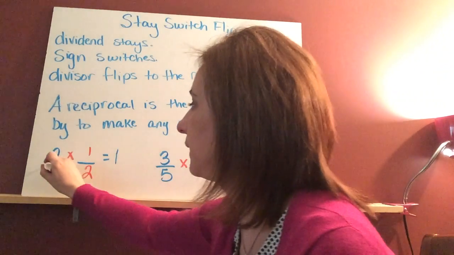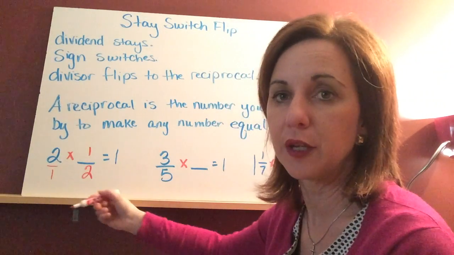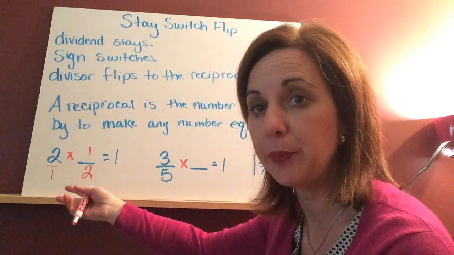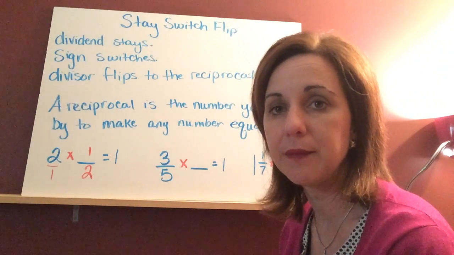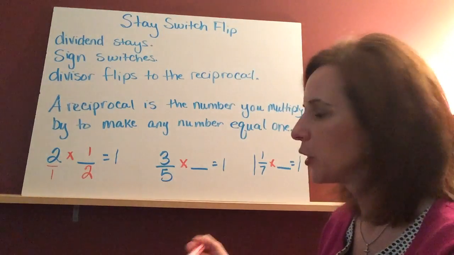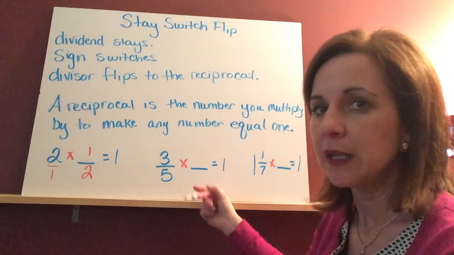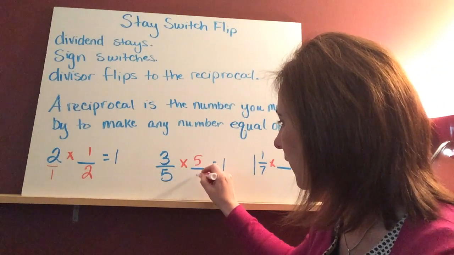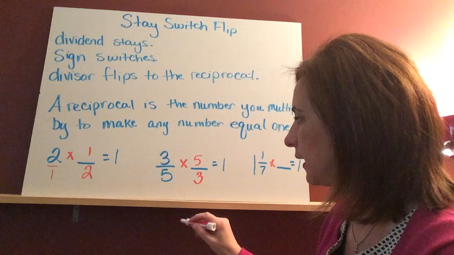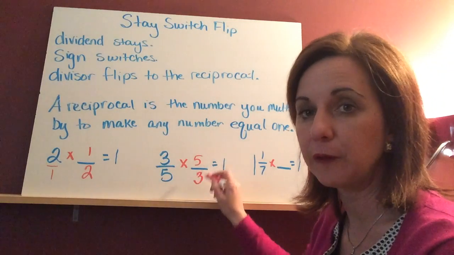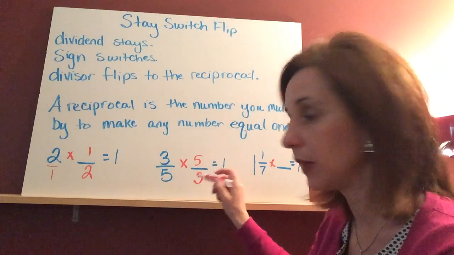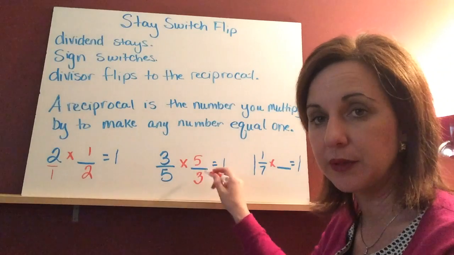And if you can see, this used to be 2/1. That's an understood value. And we flipped it to get 1/2. And when you multiply them, they make 1. We did this in class. Hopefully you remember 3/5 to find the reciprocal is 5/3. And you can see these equal 1 because if you simplified them first, they would all turn to 1, or simply multiplied across the top